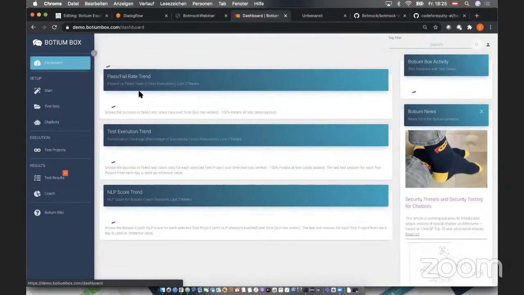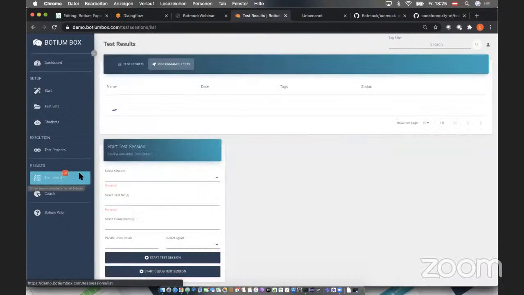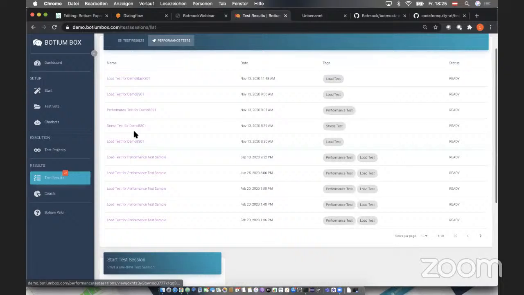What else can you do? As we have a very big user base out there, we are very community driven, so we get a lot of feedback, a lot of feature requests, and what is coming up lately a lot is the whole non-functional testing, for example stuff like performance testing. And the best way to explain is to have a look at a typical